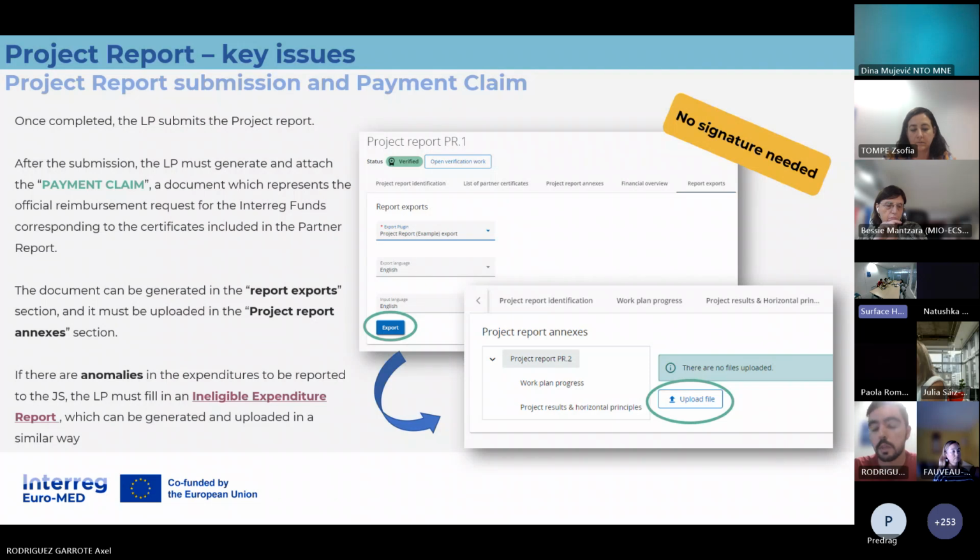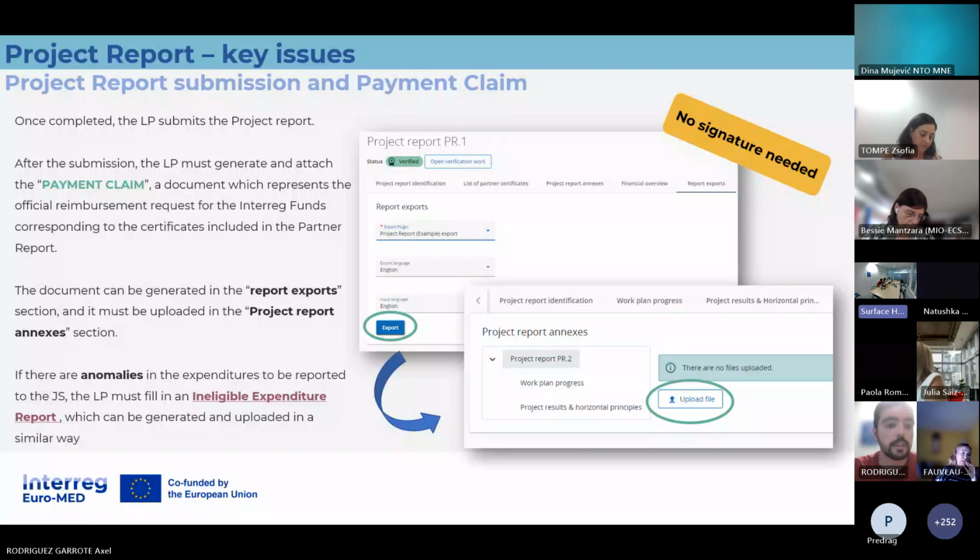There's another point: in this programming period, the lead partner doesn't apply corrections directly to the expenditures. So what happens if the lead partner sees that there are some ineligible expenditures and some corrections need to be done? Then the lead partner has to inform us about those ineligible expenditures.